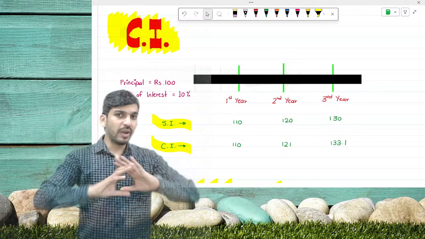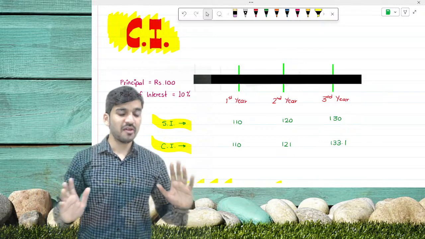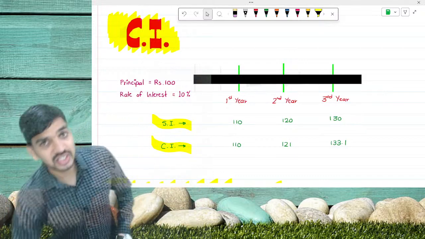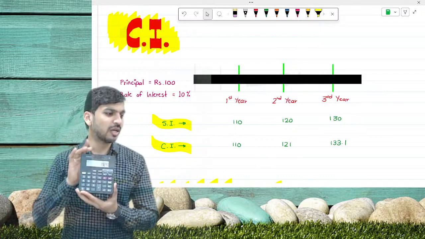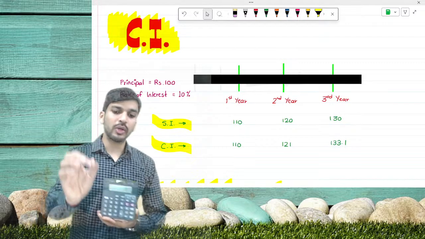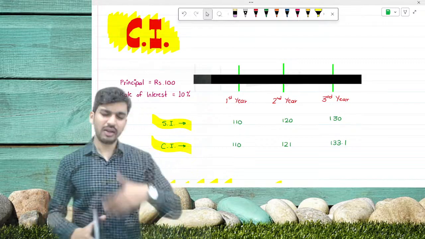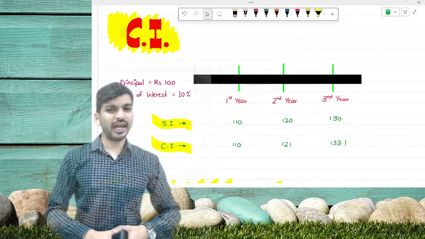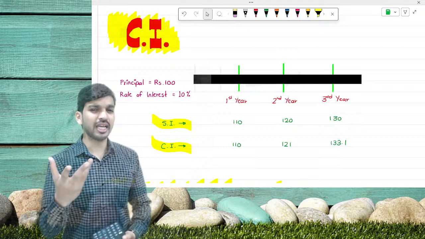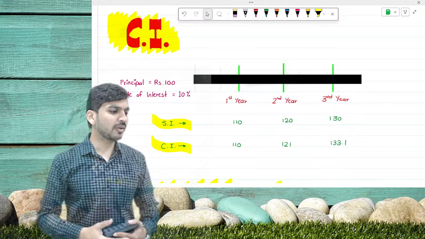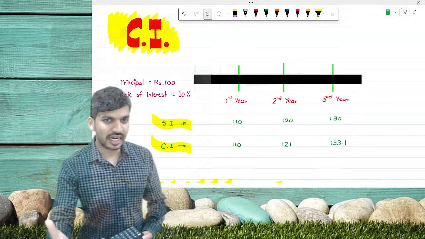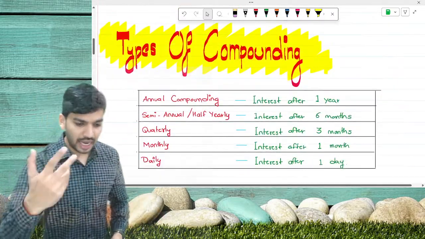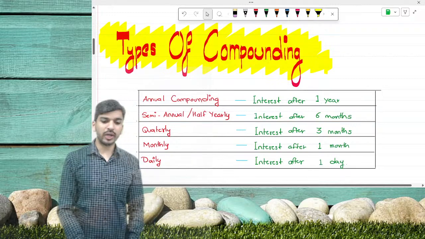This is the basic method where, without using any formula and just by using your calculators, you are going to get the answers. I'll teach you how. Is everyone understanding? Yes, and as I said yesterday, keep smiling in between so that I get to know whether you are understanding or not, whether you are happy or not. Now let's go for types of compounding.